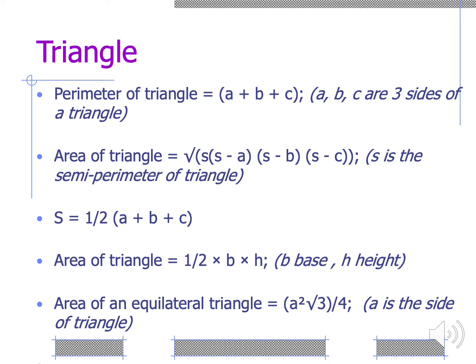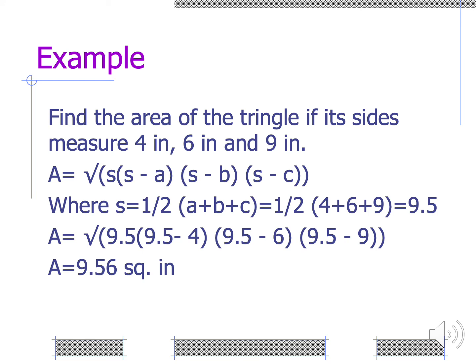Okay, so an example. Find the area of the triangle if its sides measure 4 inches, 6 inches, and 9 inches. We are given the measures of the three sides, so we are going to use Heron's formula. So that is A equals the square root of s times s minus a times s minus b times s minus c, where s is 1/2 of 4 plus 6 plus 9, or that is 1/2 of 19,